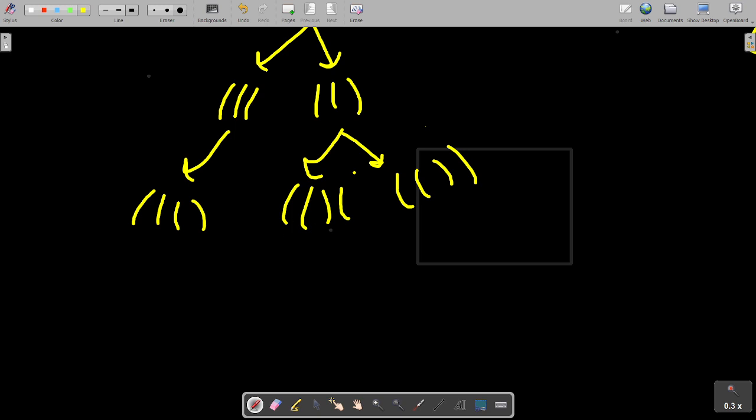Let me do opening, closing, opening. Okay. So what are the possibilities here? Can I add opening? No, I can't add opening. I can add only closing parenthesis. See, here, this, and this. What are the possibilities here? Can I add opening? Yeah, I can add opening parenthesis in this case too, because I have only two opening